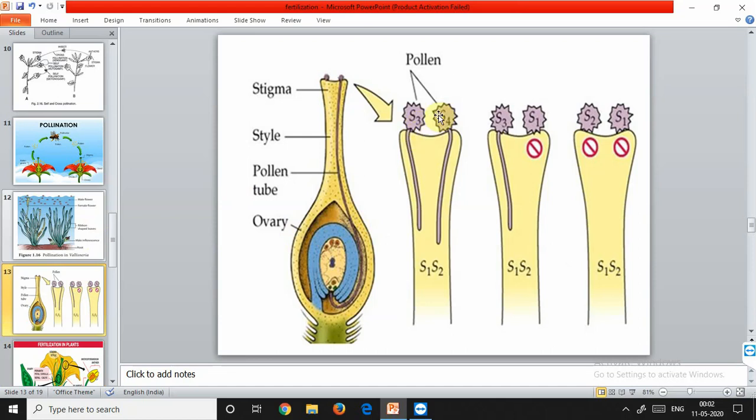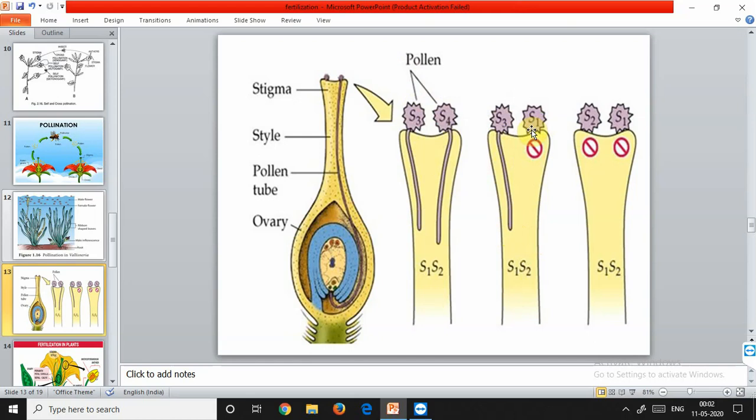This is the pistil. The one single part of the gynoecium is called pistil, and it has the ability to recognize. So these are the pollen. It is reaching the stigma. We are able to fertilize. Now again, this is another pollen, and the same pollen is reaching this stigma also. But now this stigma is not appropriate for this pollen, but it is appropriate for this pollen. Now this is referred to as incompatibility.